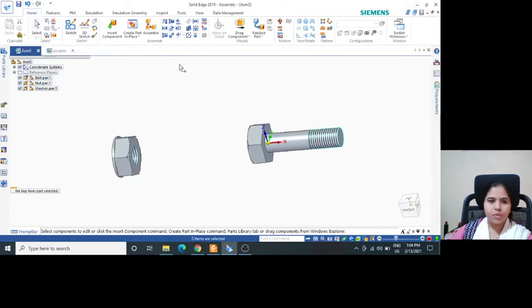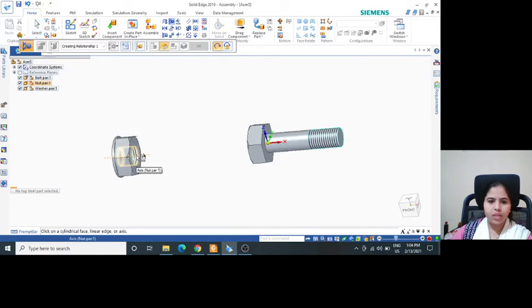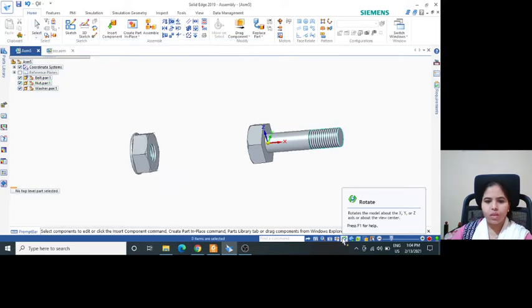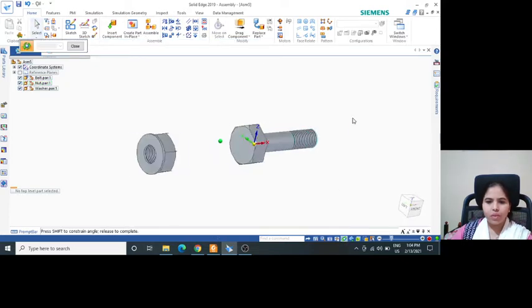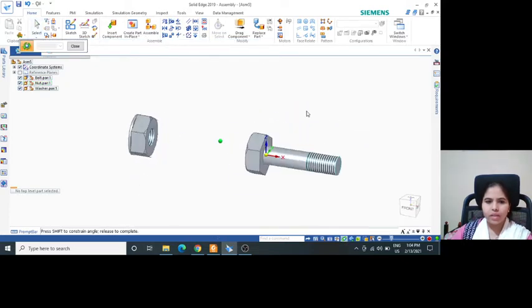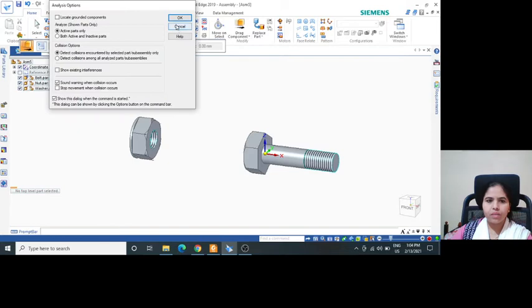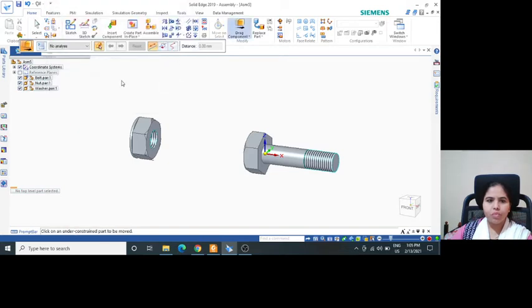Okay, you have to close this and then select this axial align. You can see this, yeah, like this only it has to be selected. So it is aligned axially. Now rotate and see it is aligned axially. Now what you have to do is one more important thing. See here, drag component. In the drag component,